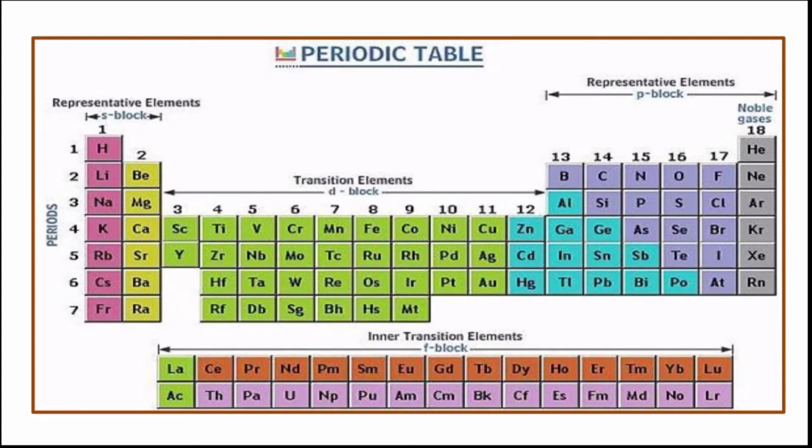The element's location in the periodic table reflects the quantum numbers of the last orbital filled. In this section, we shall observe the direct connection between the electronic configurations of elements and the long form of the periodic table. First of all, let us discuss the electronic configurations in periods.